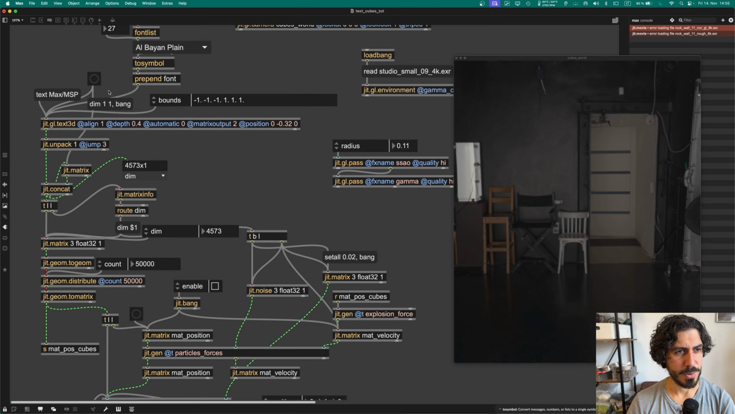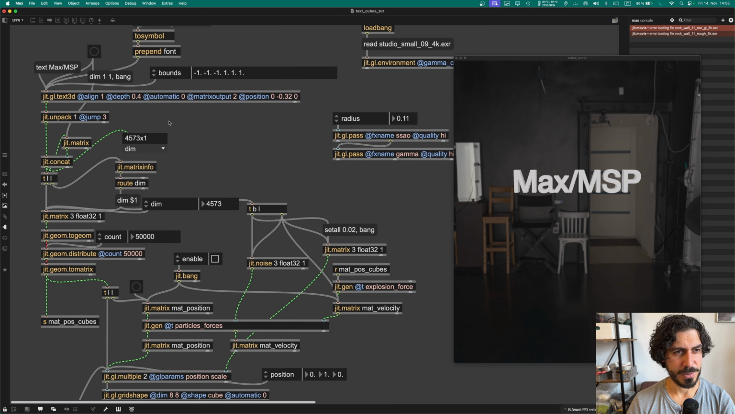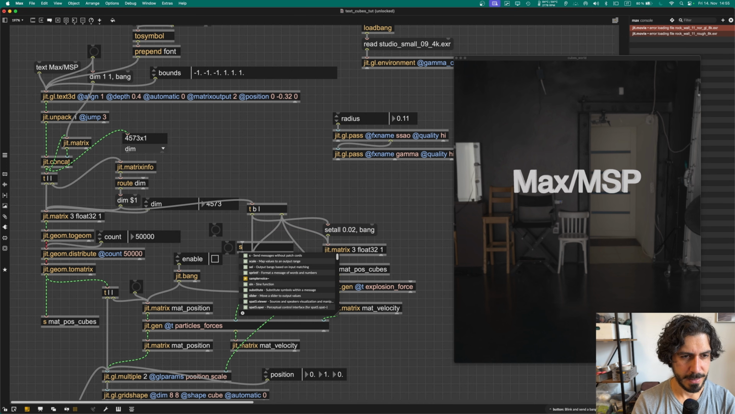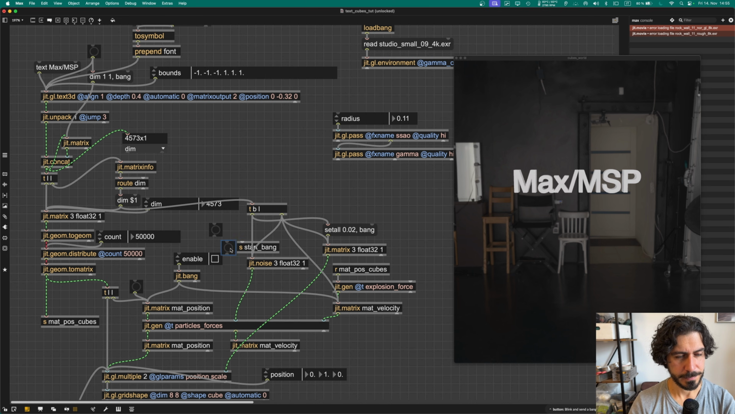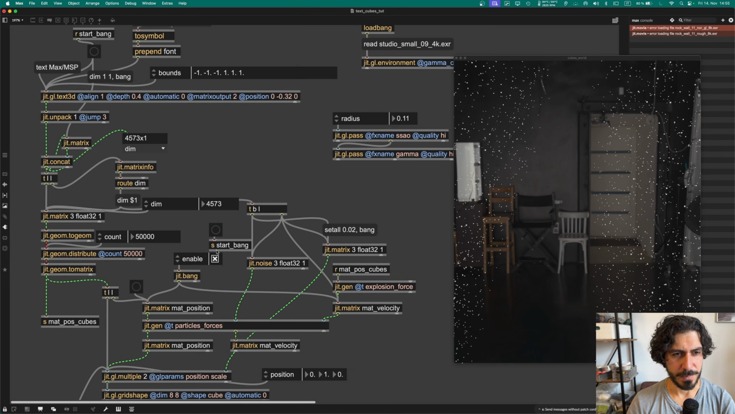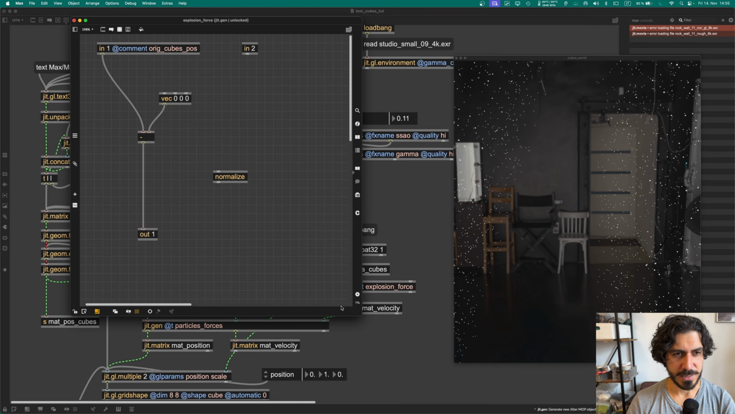It's a bit annoying to have to go up there all the time, so I will just create here a start bang so that we can press it from down here and receive it there. So start bang, enable, boom. Okay, cool. This is of course way too big of a force, so let's try to multiply it by something small,